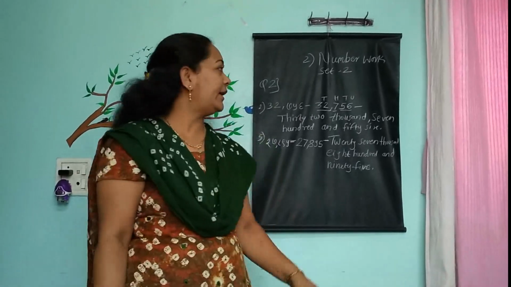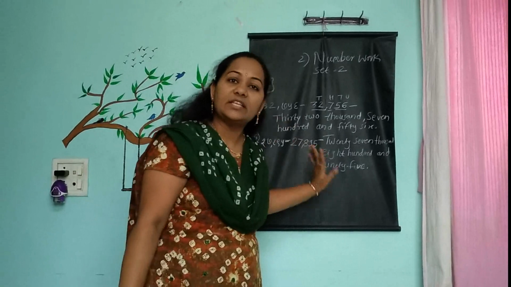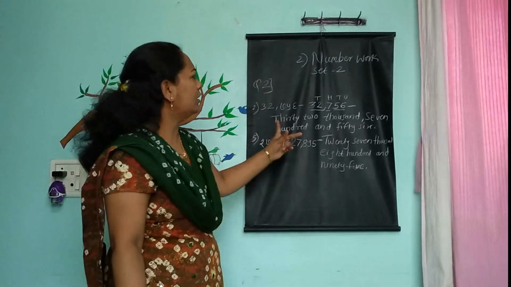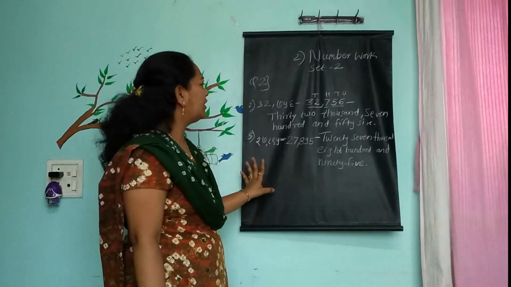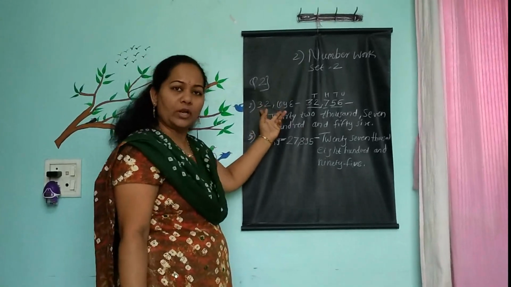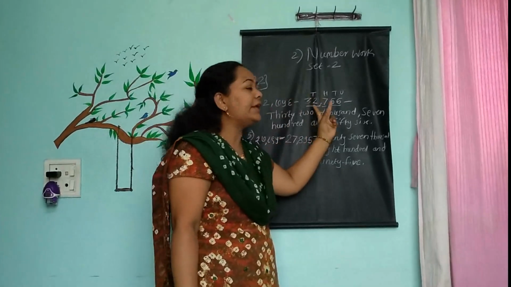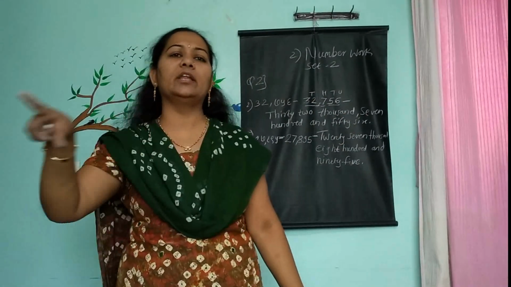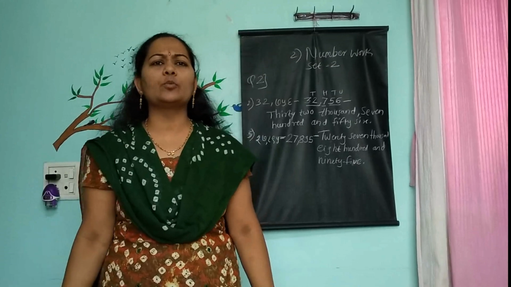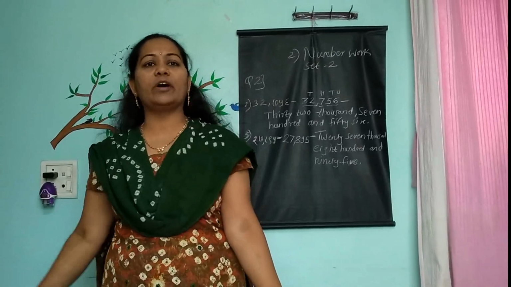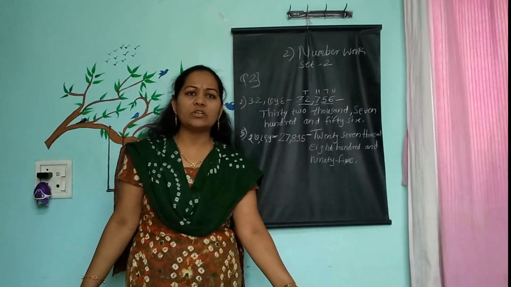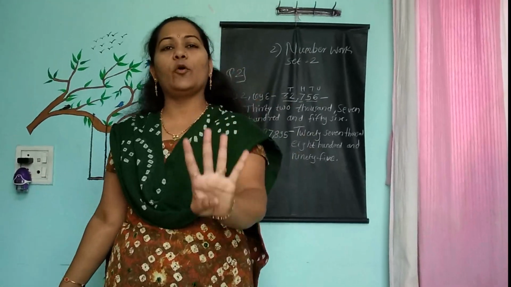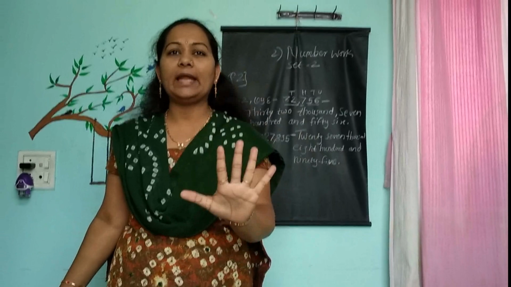More 10 you write. After completing this chart, you don't need to write in a chart method. You write in this sequence method in the notebook. First you write the Devanagari number, dash, you write the international number, and dash, on the next line you write the number in words. This format is also possible. Leave one line after one question. You complete 5 questions and 10 more, you take any number of your choice, 4-digit or 5-digit.